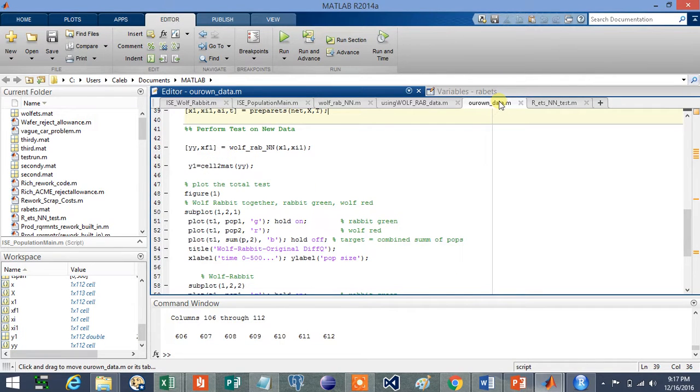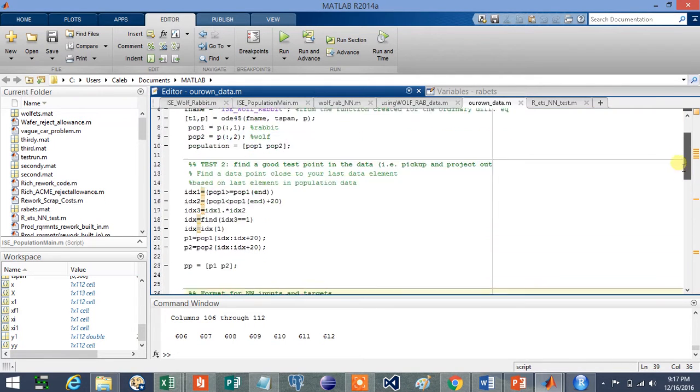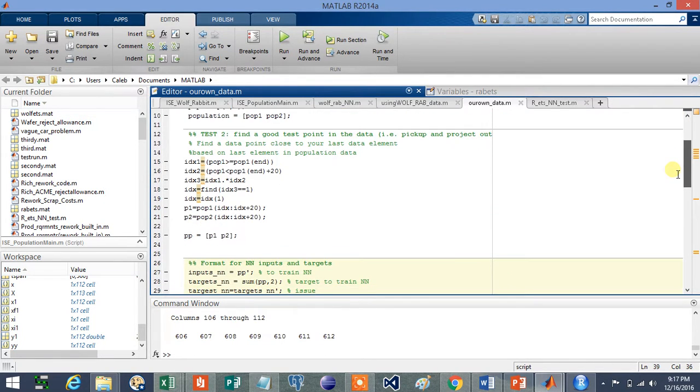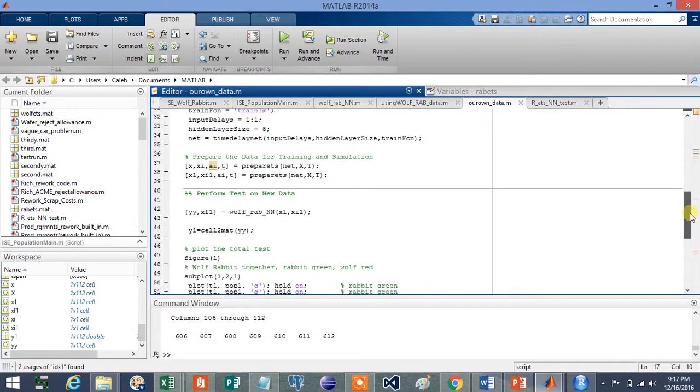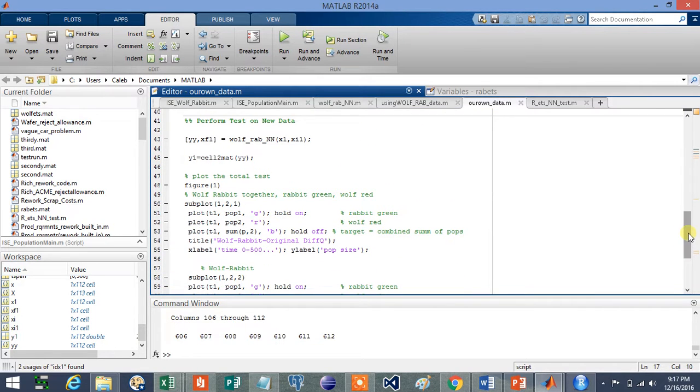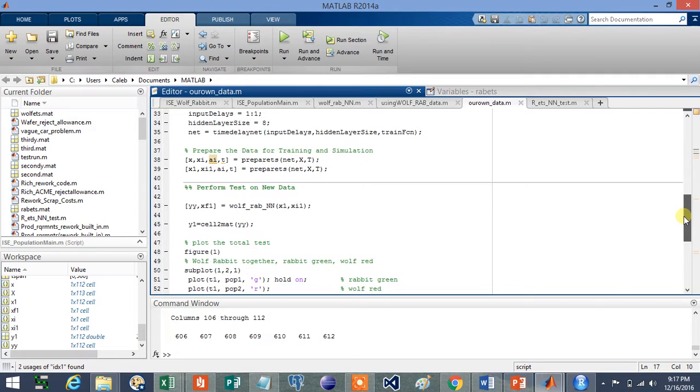Then with the help of my professor, I was able to also run this neural networking model through some testing data that was sampled towards the end of our two populations. And then we were able to format this much the same way and then plug it in to our neural network down here. So once we perform this test,